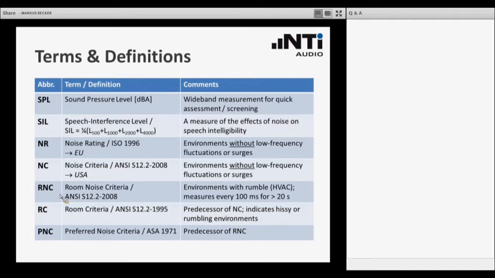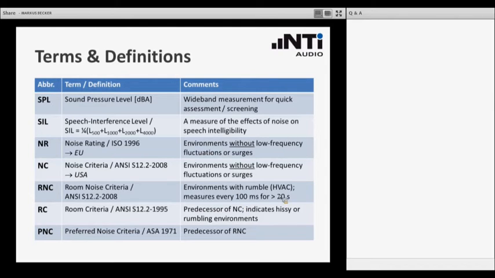We have the room noise criteria, which is defined by the same standard, and different to the upper two standards, which refer to environments where there is no low frequency fluctuations or surges. The RNC has been specifically designed for environments where you have rumble, so low frequency fluctuations present.